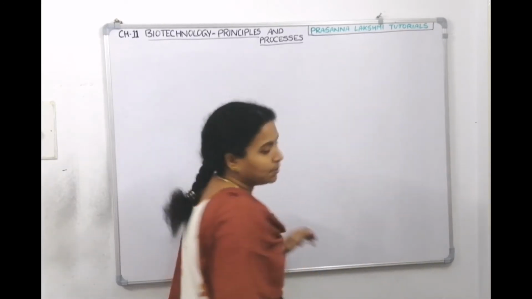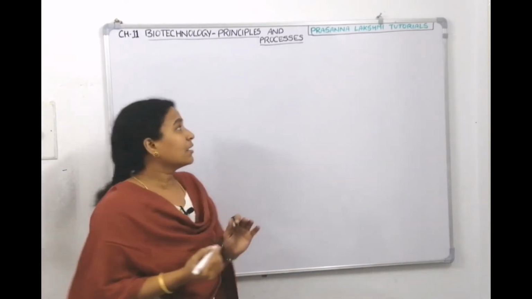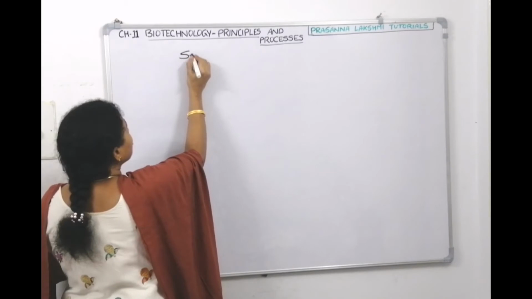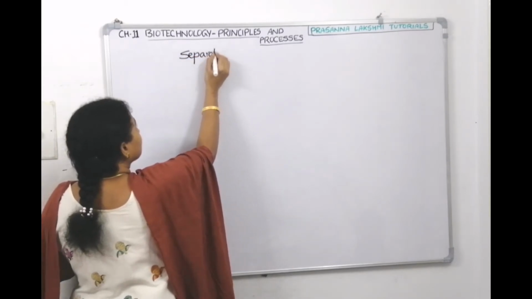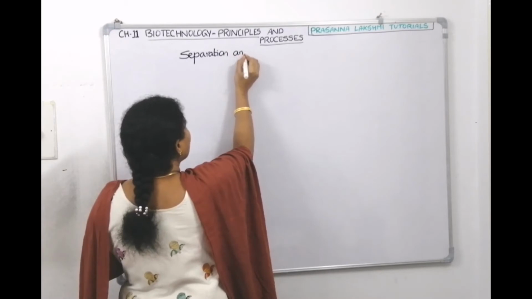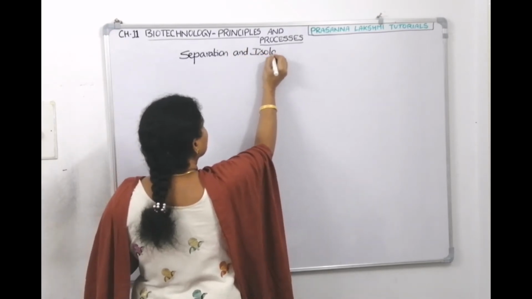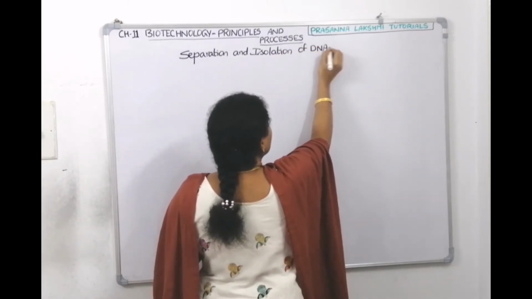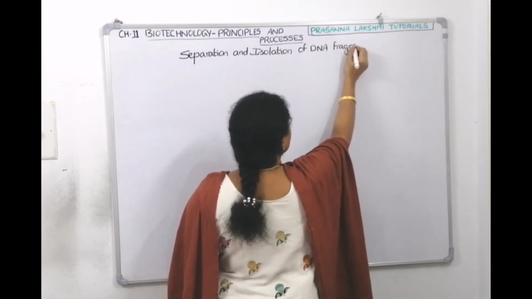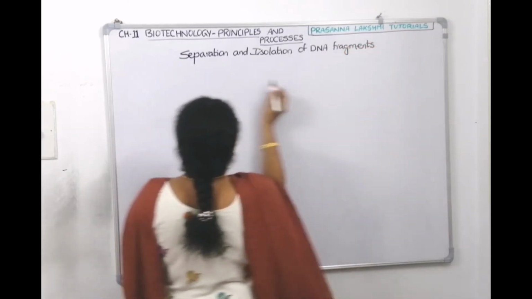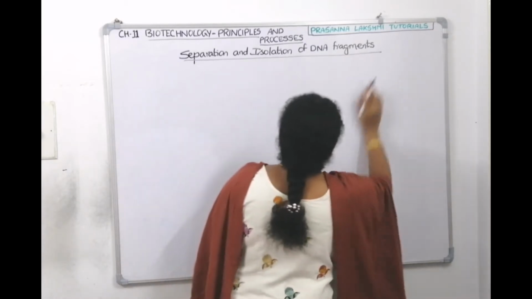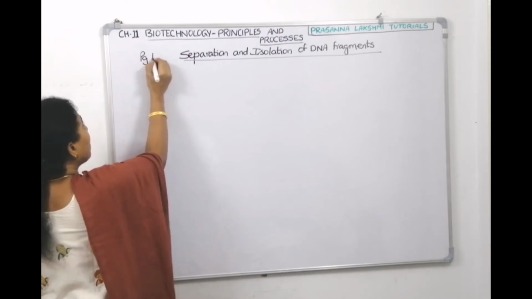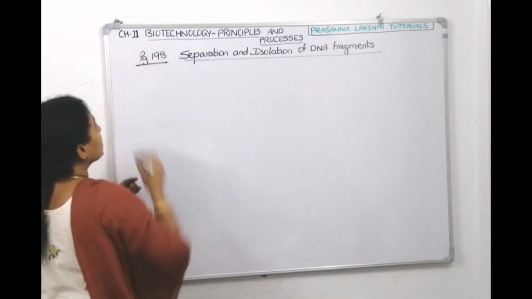First, we will write and then we will proceed. So, Tiselius in the year 1937. What is that technique? First, we will write down separation and isolation. Separation and isolation of DNA fragments is our today's topic, children, which is there under a separate side heading in NCERT. You can check it. I think it will be there on page number 198. This is our topic.